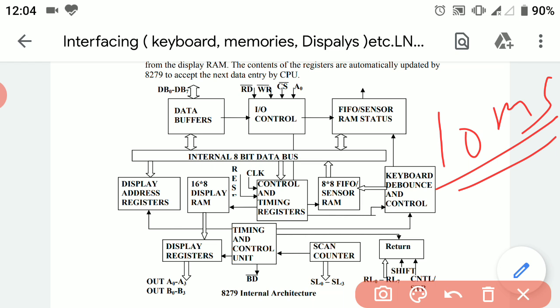If we have pressed the keyboard key for less than 10 millisecond, then no code will be generated. That is, our 8279 will not detect the switching of the key.